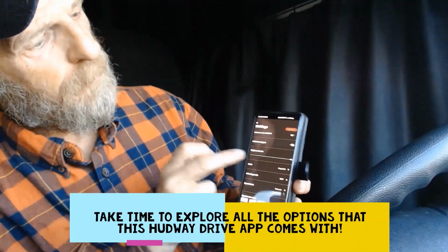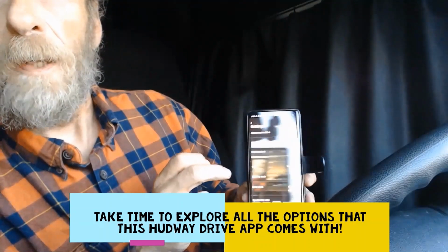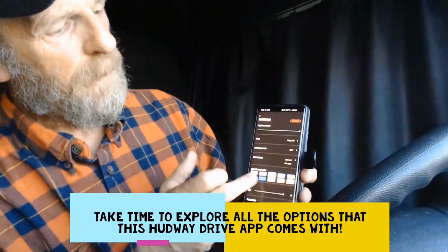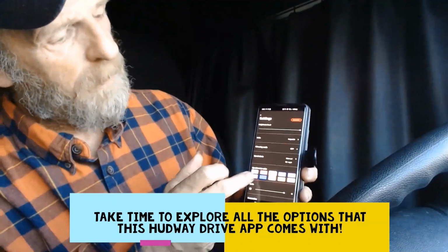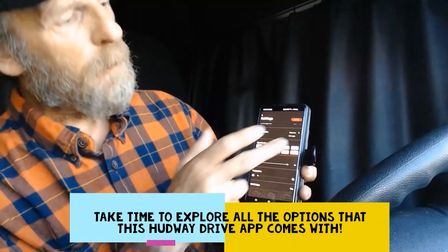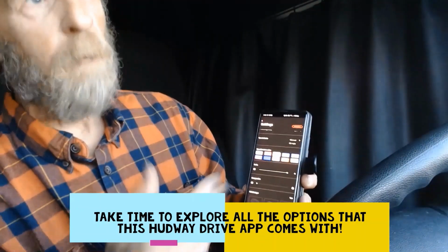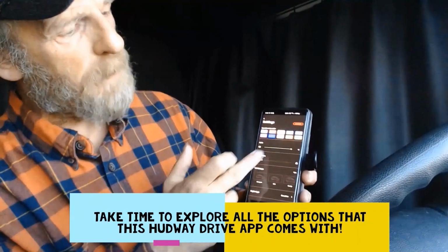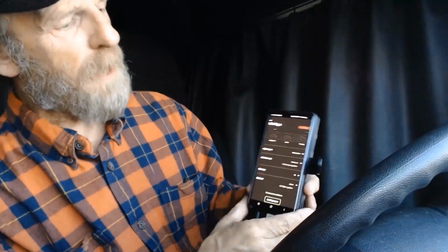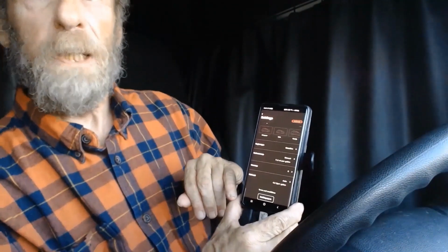So we're connected now. Go to your settings. Here you've got the brightness level. I'm trying not to get a reflection. But anyways, you pull up the app, go to settings, your brightness level, all sorts of colors that you could pick from for your speedometer overlay. You can do kilometers, you can do miles per gallon, miles per hour. You can do your perspective, you could change how big the display is. You can also do your currency, your fuel cost, because when you go into navigation mode, it will tell you